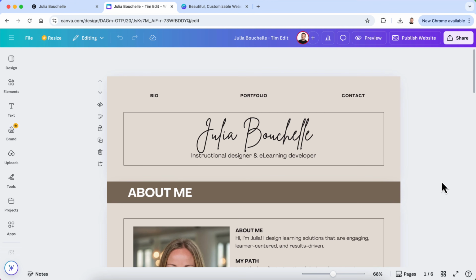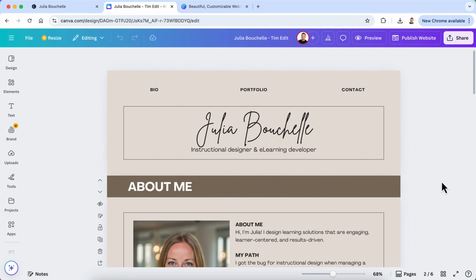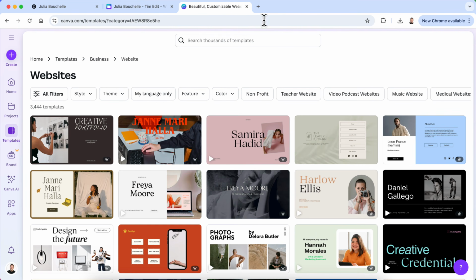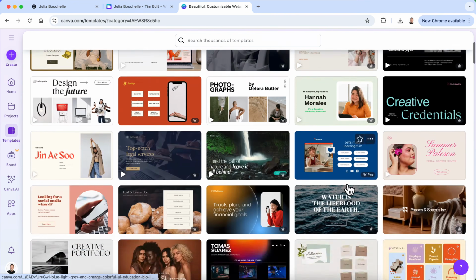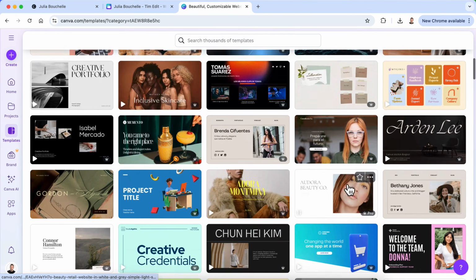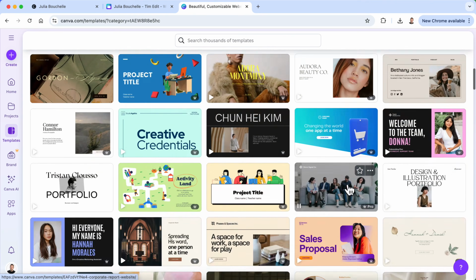So I'm going to keep this tab open so I can reference back to it along the way, but I'm going to go ahead and build out a portfolio using Canva's website builder as if I were designing Julia's website from scratch. All right. So I'm going to open up this tab here where I have all of the different templates that Canva has available to us. Right. And there are tons and tons of different portfolio website